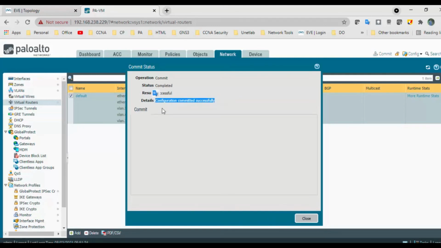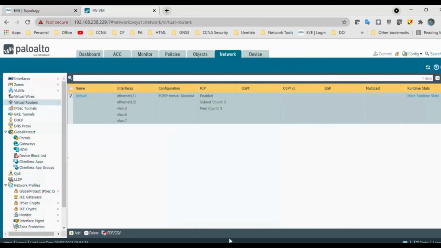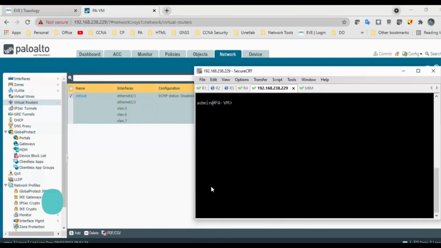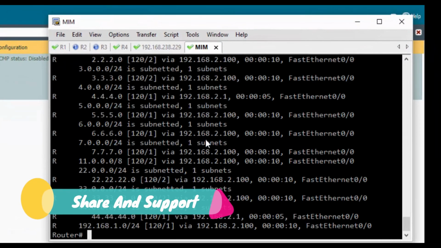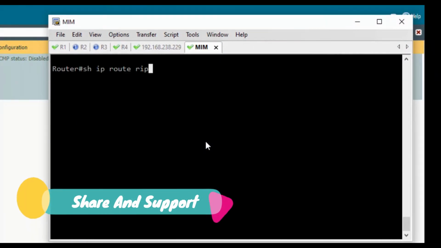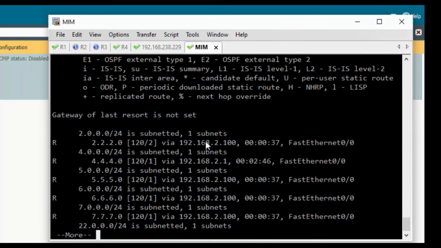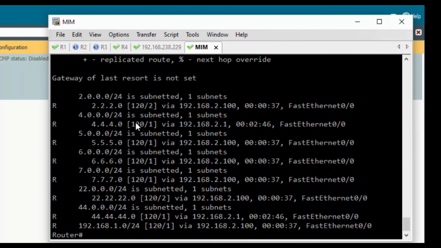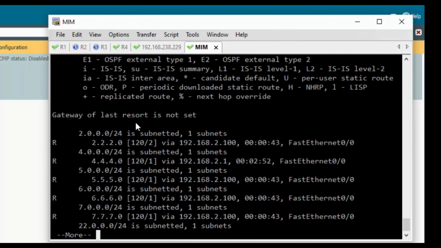Committed successfully. Now let's check whether the man in the middle attacker learned any network or not, because we have not configured any profile over there. Now we can see one network is gone. It will take some time to update the routes.